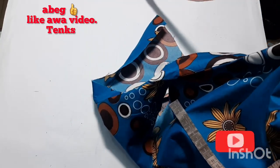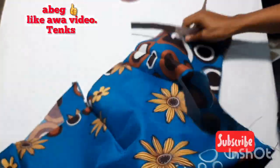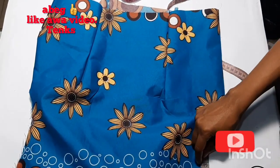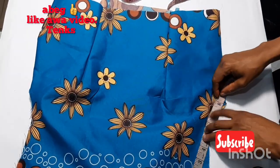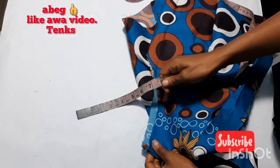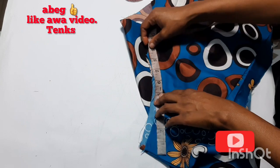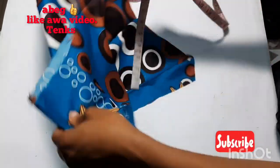Okay, so 16 and a half is the round armhole. So the back now, you know, the back is 8 inches and the front is 8.5, yes, because of the half inch that will come in here. So the next thing we will do now,